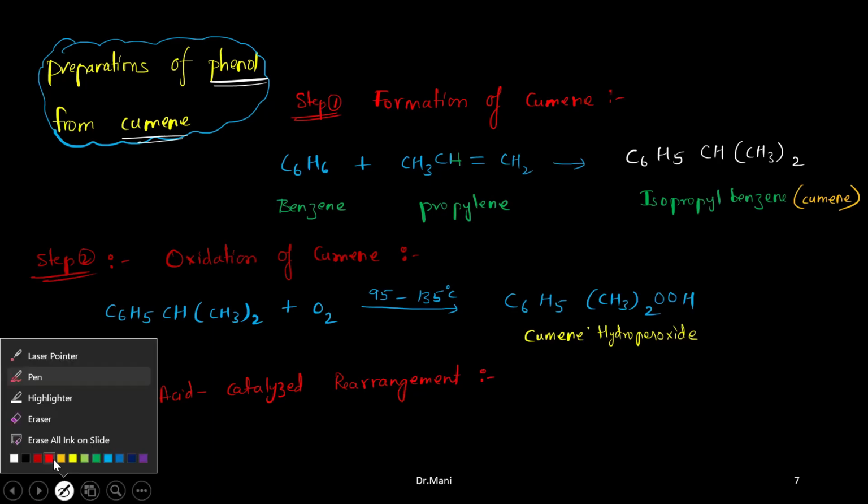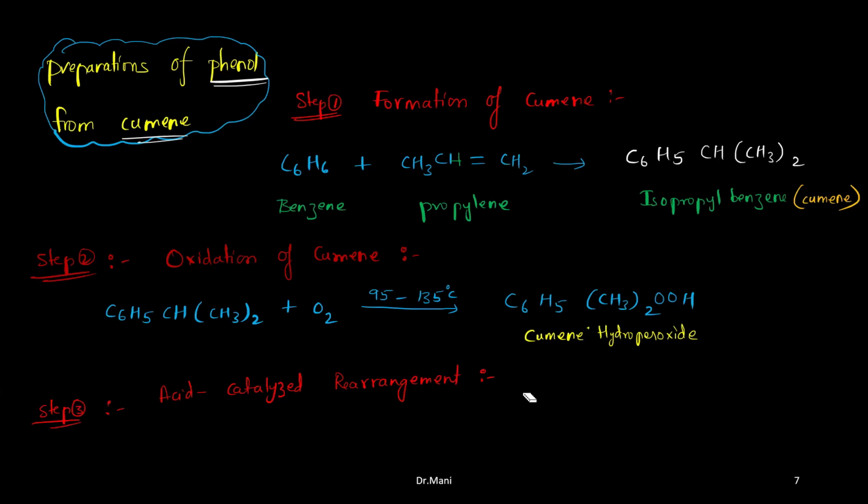So this is called the acid catalyzation process. In presence of the acid, what does the acid do? Acid is a proton donor. Yes or no? In presence of that proton, donated by an acid, this will convert into